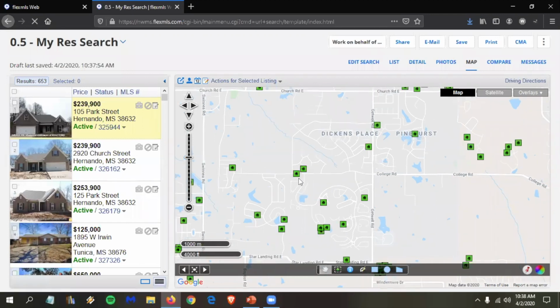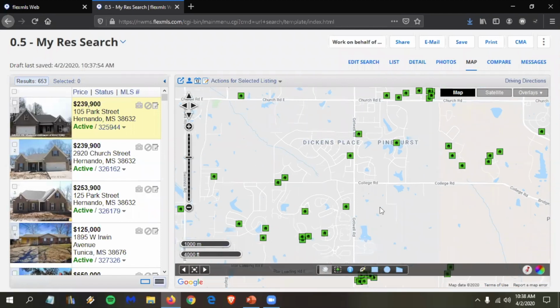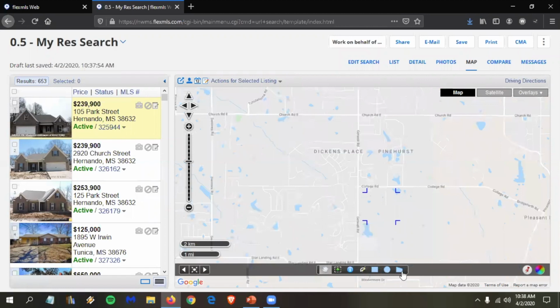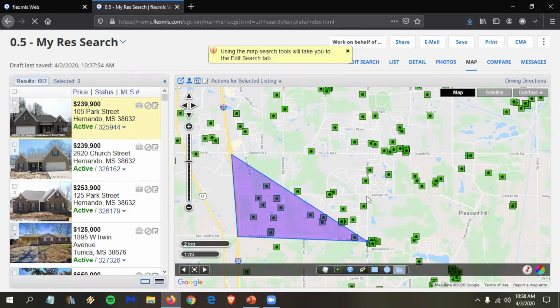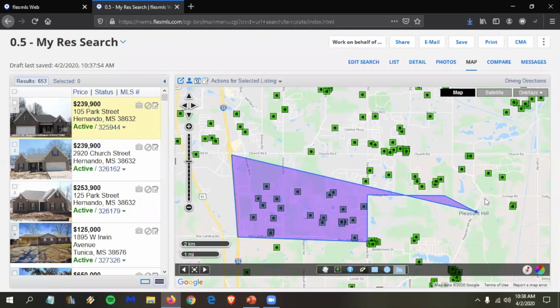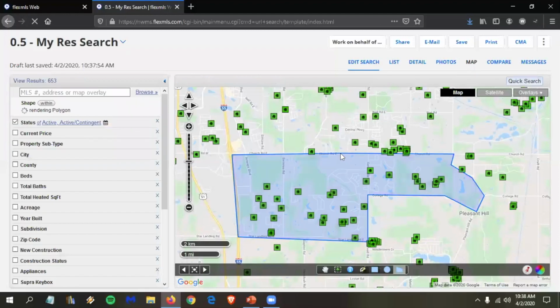So I see something called Dickens Place in Pinehurst. I'm actually going to draw a map shape around all this. Now, this isn't arbitrary. This might include other subdivisions. I don't know your area, but just to show you how this would work. So I'm going to click on my freeform polygon, and I'm going to click all of this. And every time I click, it gives me a point. And when I'm done, I stop moving my mouse and I double click. So I'm actually going to call this shape Dickens Place